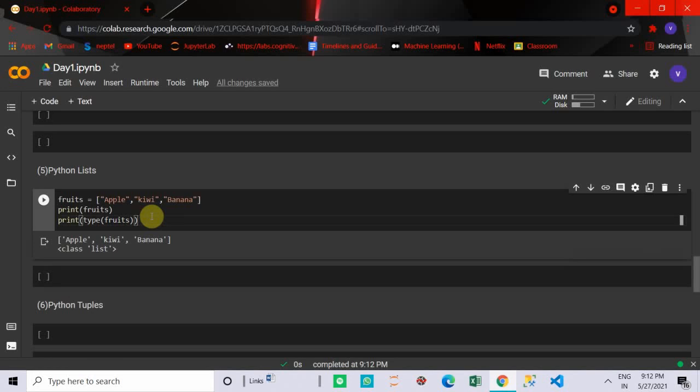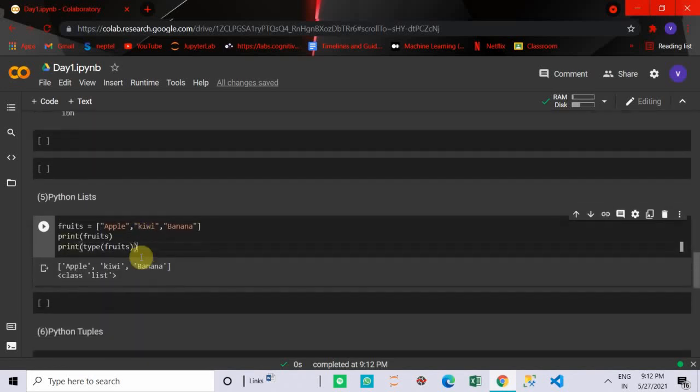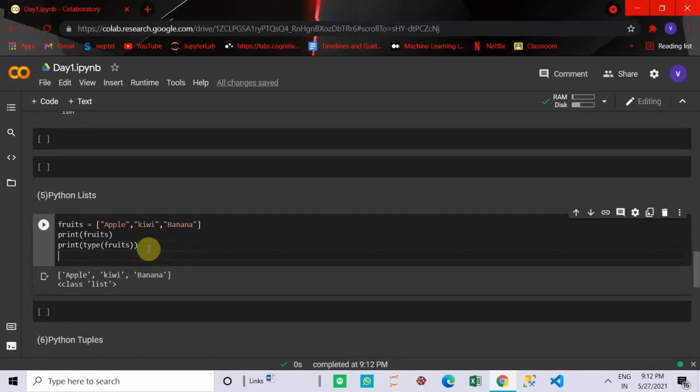The same concept of slicing applies to lists. If we have to access the elements of the list, we can use the same indexing method.